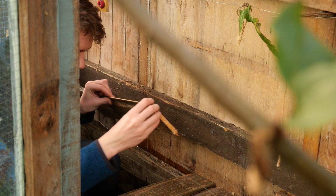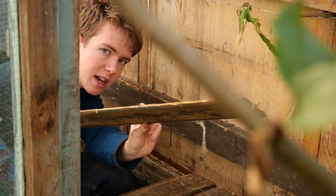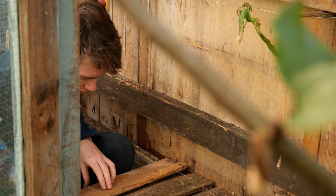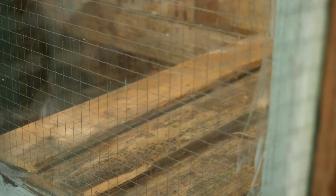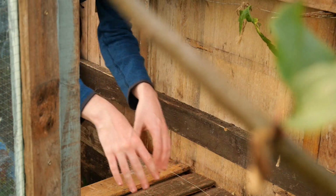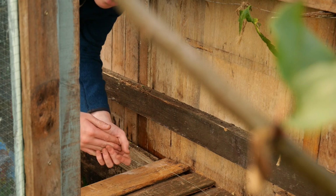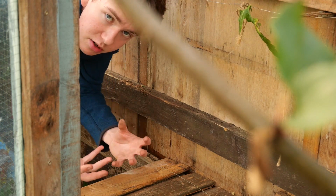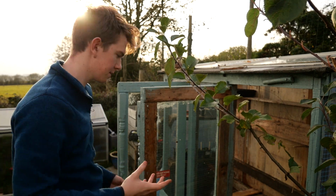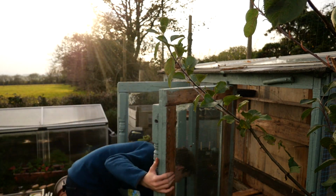But these are old bits of shed here that I've got, and they're actually really good for making a shelf here. And that's it done there. And then I'll put some pot plants on there and things, and then the bigger things can go on the sides, like my wormery, which I'm going to put in here to make sure the worms don't get too cold over winter. The first plant I'm going to be putting in to store over winter is